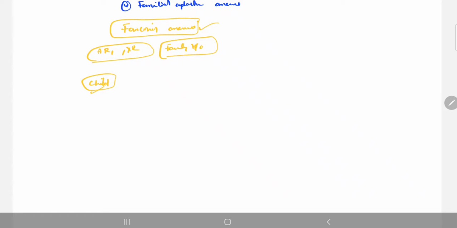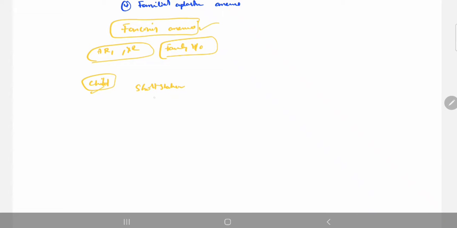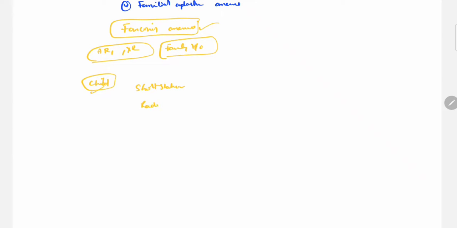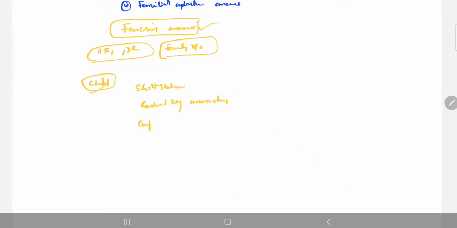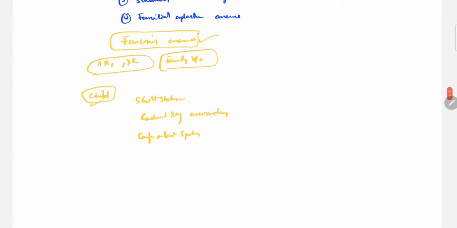Pancytopenia with short stature, radial ray anomalies, skin hyperpigmentation, café-au-lait spots, and genitourinary renal structural abnormalities,